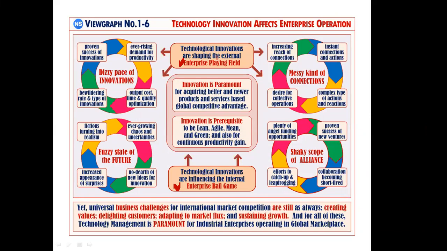What is the external world? Dizzy pace of innovation, messy kind of connection, because everything is now connected to everything else. Fuzzy state of the future. Just a few minutes ago, I said unpredictable future. Things are changing in a way that we could not even predict. And then one more thing here, which we'll discuss a little bit more later, shaky scope of alliance. Enterprises are getting together and getting separated also, because nowadays